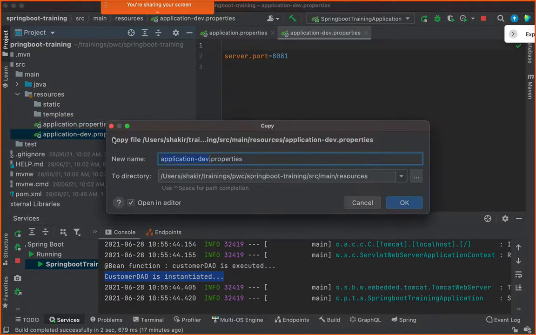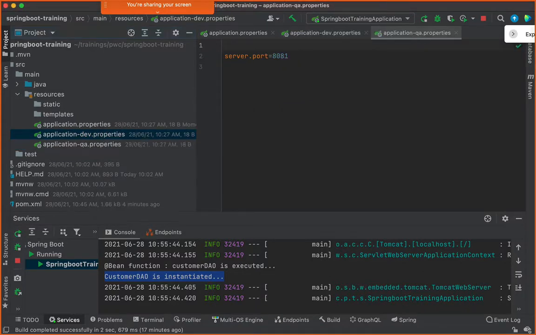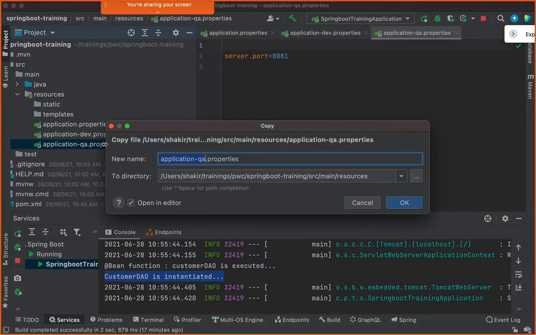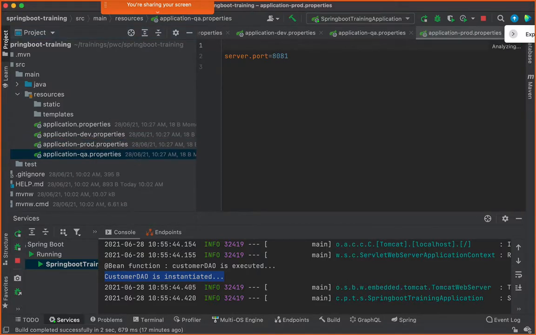Any property can be overridden, not just the database. Then I create one for QA, and then prod. So I have in fact created 4 properties files: one is the default one, and the others are specific to dev, prod, and QA.